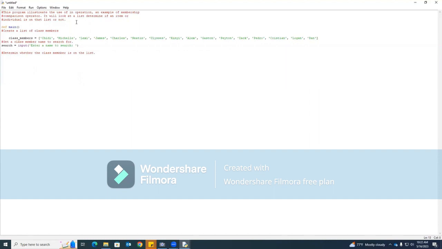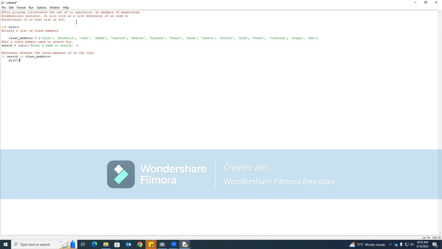This will probably give us an indentation error when we're running, but let's just put it together first. If search, which is the variable we've used to get input from the user, if search in class members, basically telling the person if the search is in that class members list,